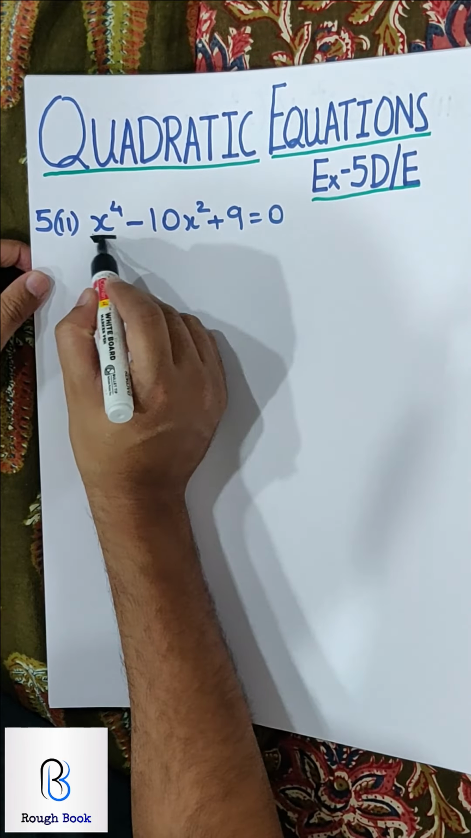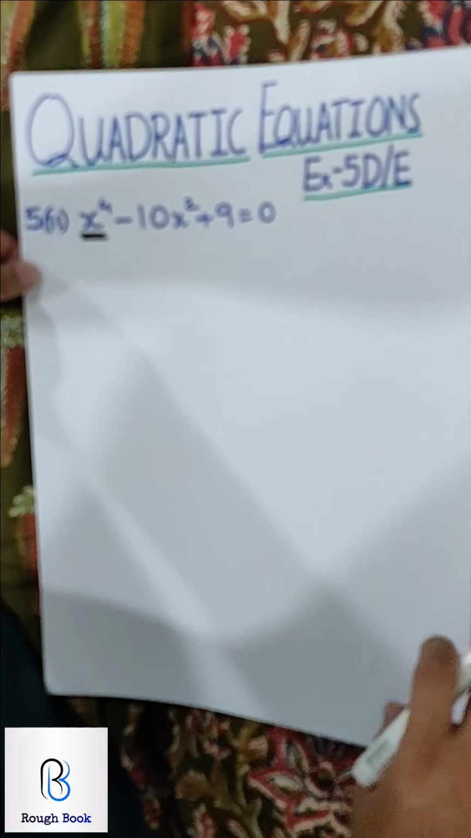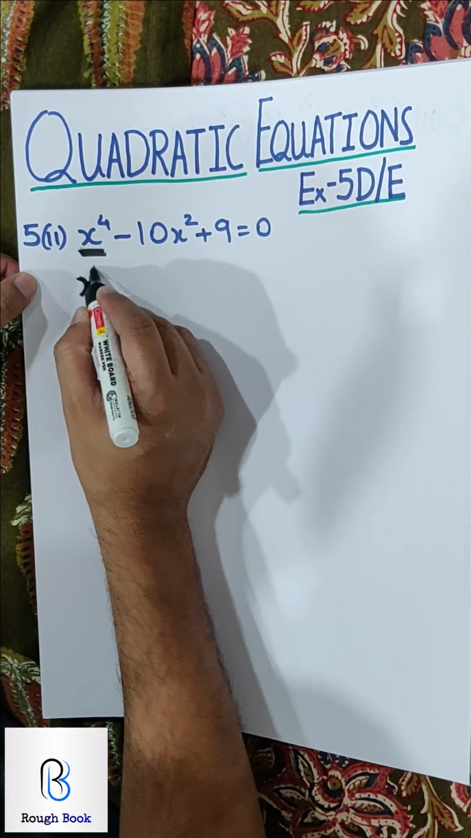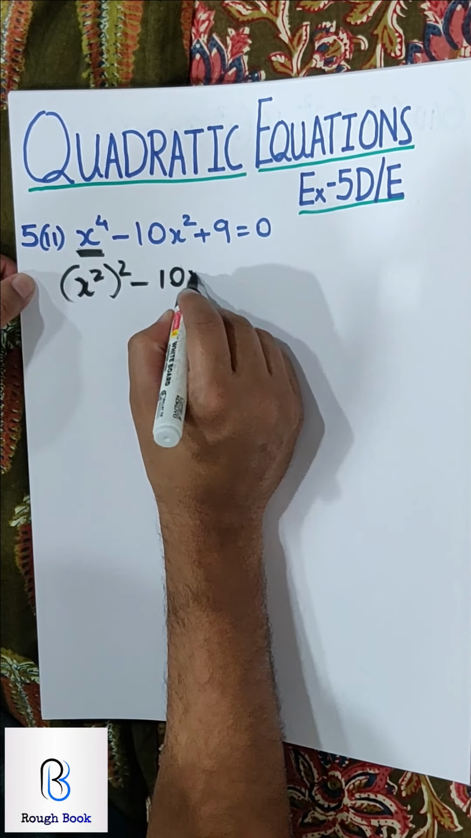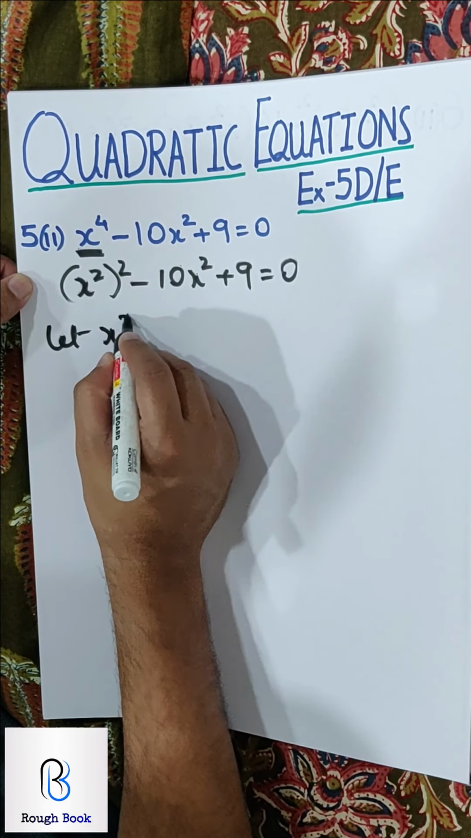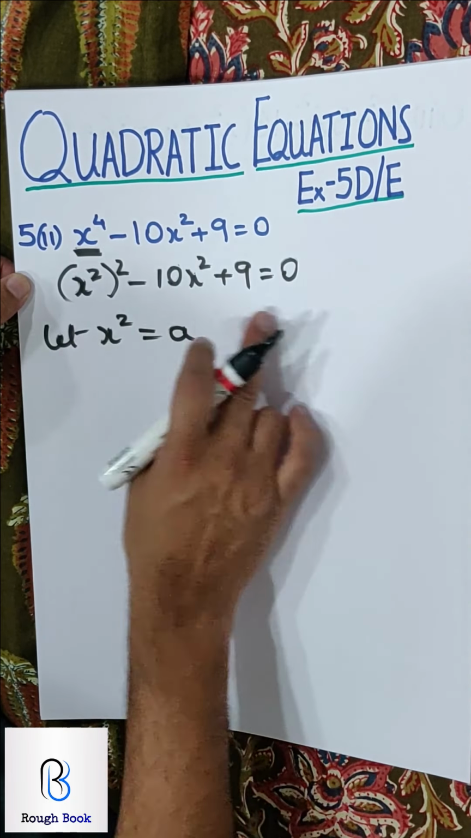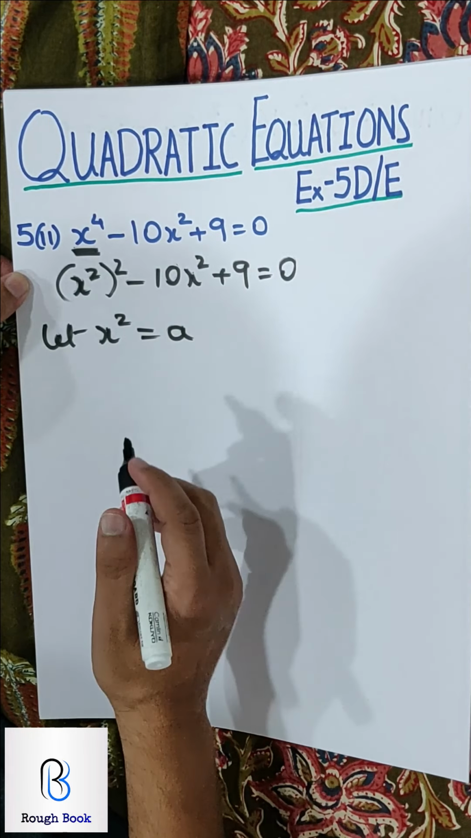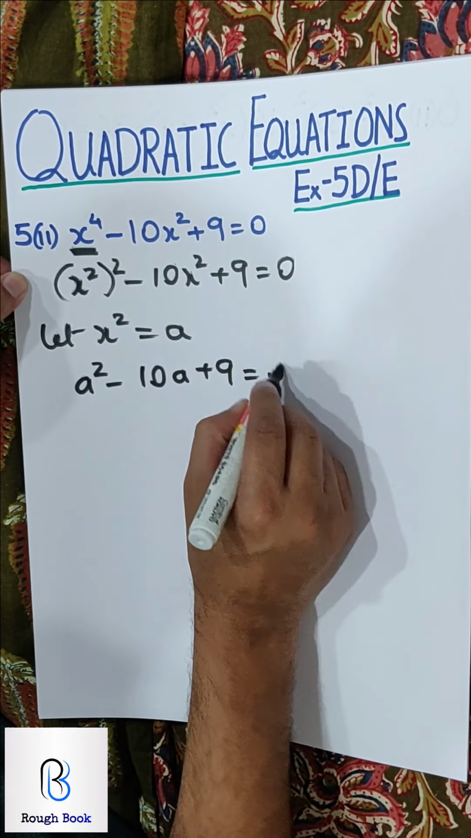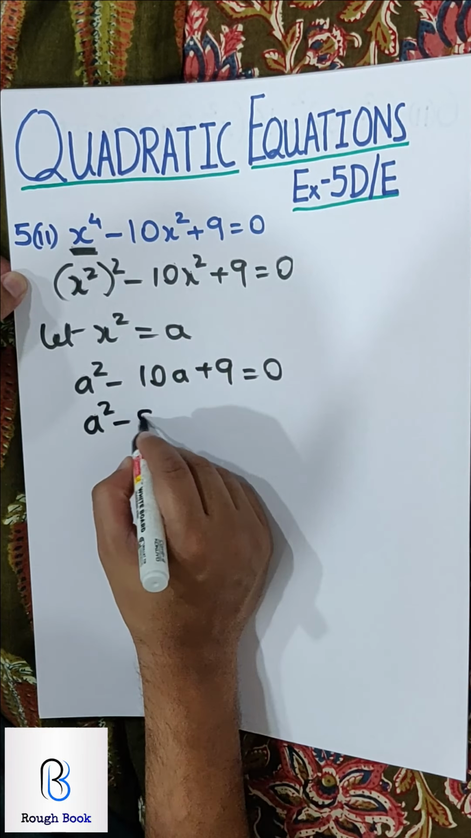So x to the power 4, obviously you're going to take it as x square the whole square, and then we'll start working on it. So x square the whole square minus 10x square plus 9 equals 0. And then let x square be equal to a. Substitute, solve the sum, and then resubstitute in the end. So a square minus 10a plus 9 equals 0, splitting the middle term, 9 ones are 9,